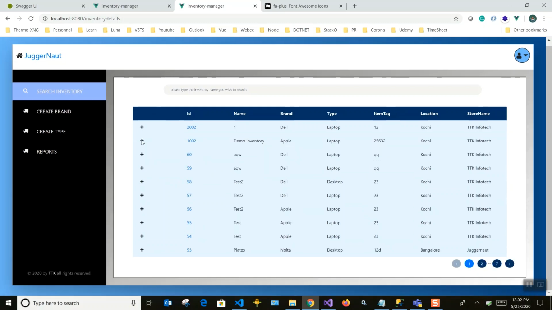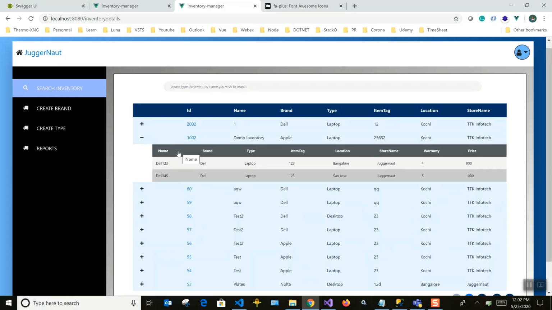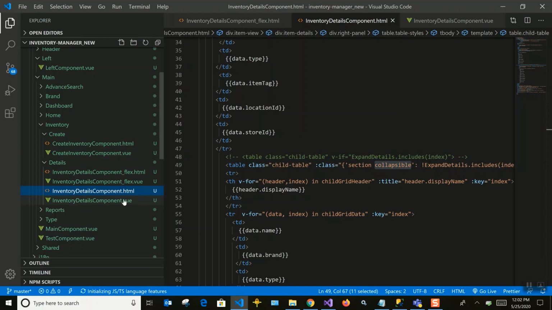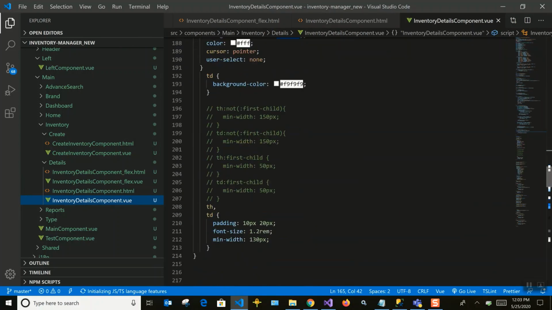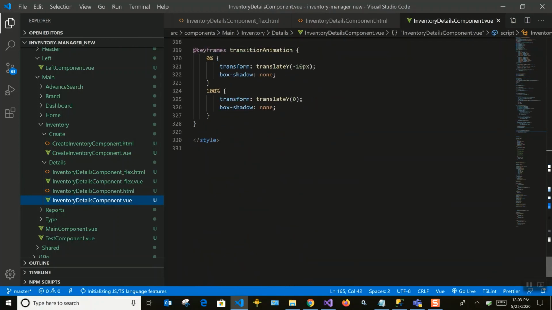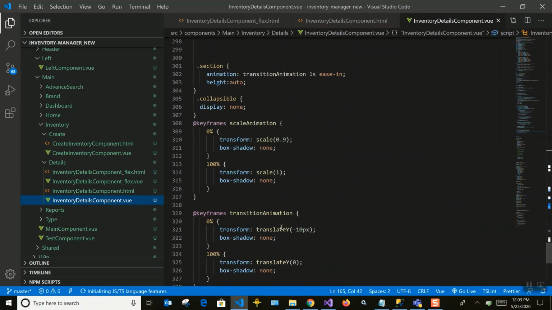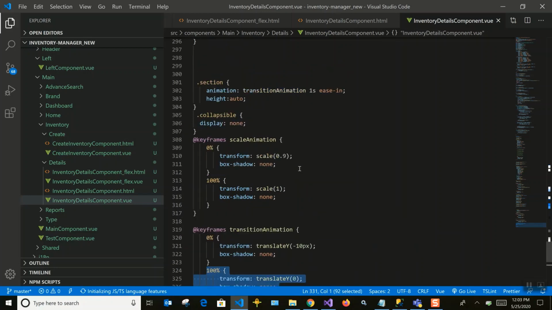Like that, if you want, you can provide some styles and give some animations to your corresponding rows. For that you can see the transition animation, scaling and translate Y direction we are doing. From 0% we are not doing, we are going from negative 10 pixels to 0, or in the scale from 0.9 we are moving to 1.